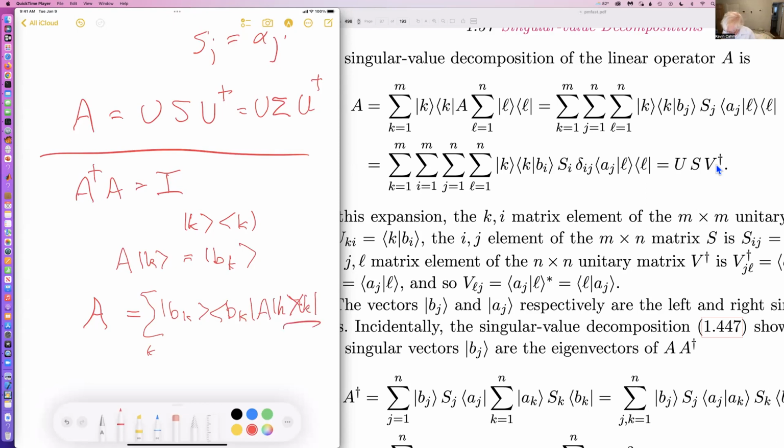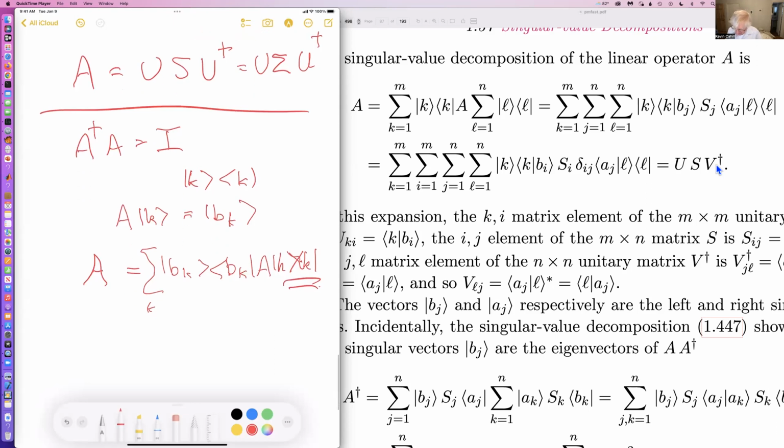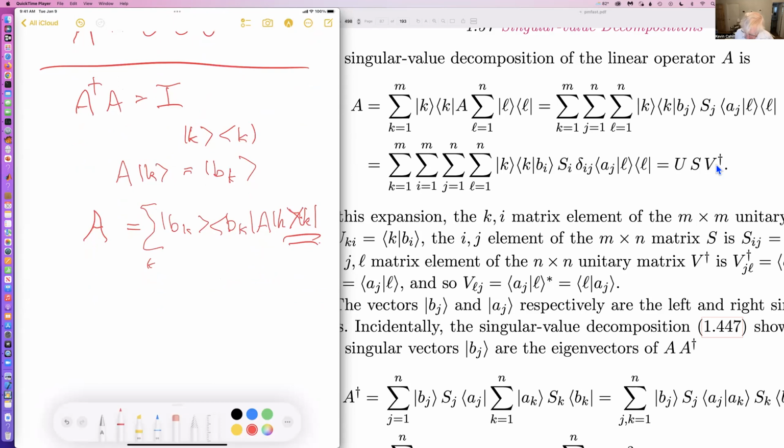So the basis here is arbitrary, and whatever it is, the b's are whatever A maps the k's into. And so this would be the representation of A for the unitary case. So I just thought I'd sketch that out a little bit for you, just to reinforce